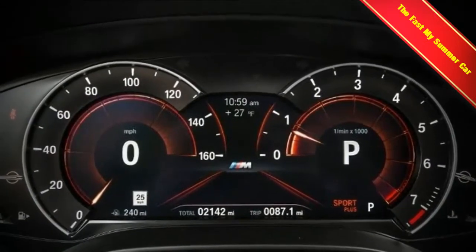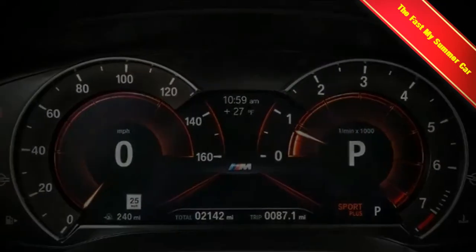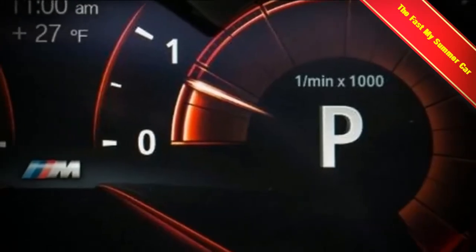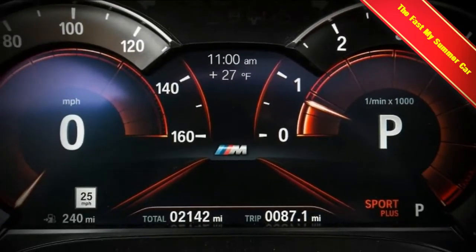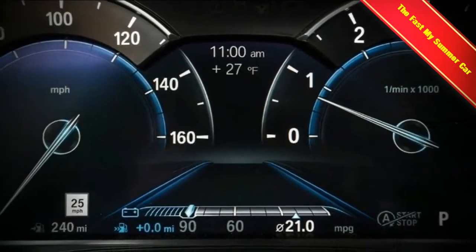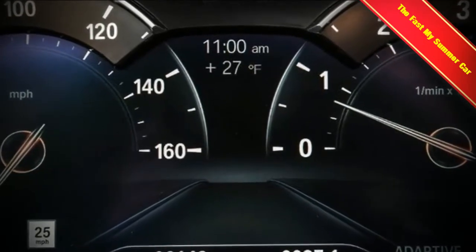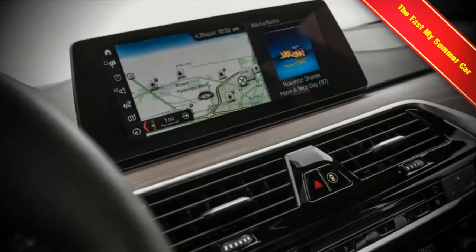Adding in practically every goodie BMW marketing mavens dreamed up inflated the bottom line of our test car to $82,360. Various driver assistance and collision avoidance aids tack on $4,900. The top Bowers & Wilkins 10-channel, 16-speaker, 1400-watt sound system costs $4,200. The M Sport package adds